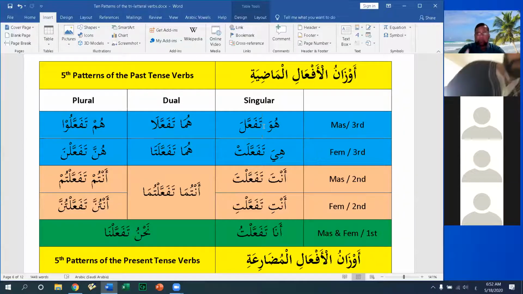تقرب mean to draw near also. And يتقرب is a verb that is used in Islamic context. من يريد أن يتقرب إلى الله فليفعل الفرائض. وما تقرب عبدي إلي بشيء أحب إلي مما افترضته عليه. وما تقرب, that's used in a hadith, hadith Qudsi. Those are the words of Allah. And my slave does not draw near to me more than by doing anything more than by doing the compulsory or obligatory things.